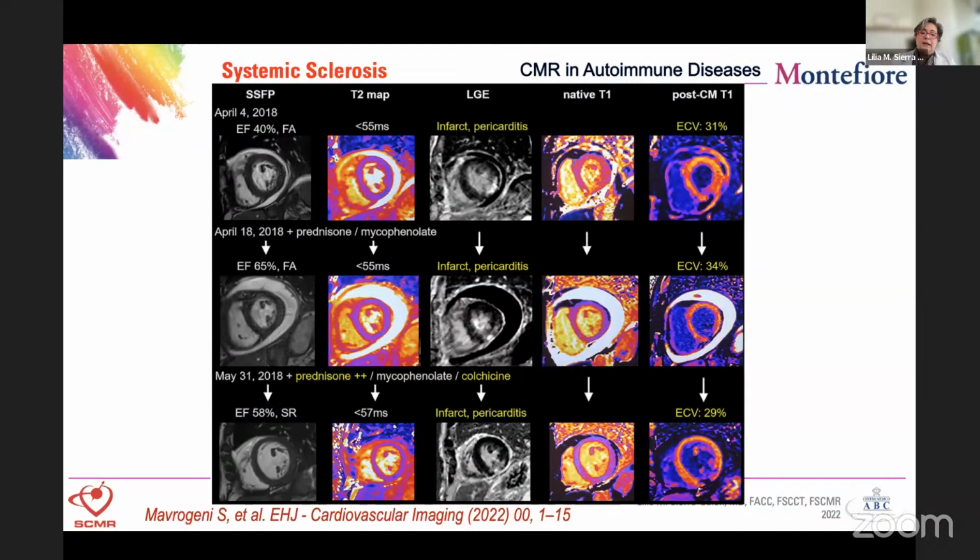And see how this patient, for example, has the evolution in different periods of time. So first, the patient has the diagnosis. See how the patient has low ejection fraction, around 4%, and is in atrial fibrillation. As I mentioned before, this disease causes atrial arrhythmias, and one of the most frequent and important is atrial fibrillation.